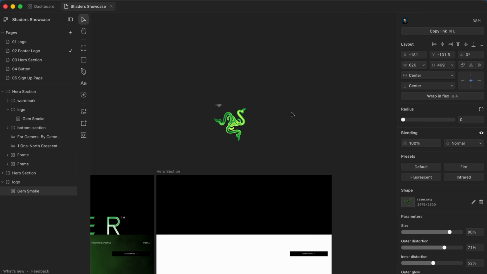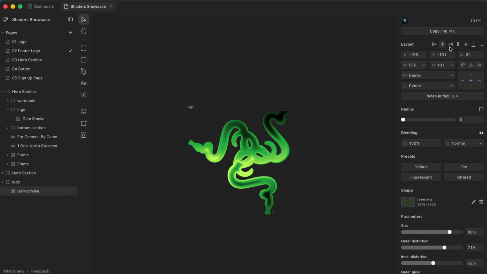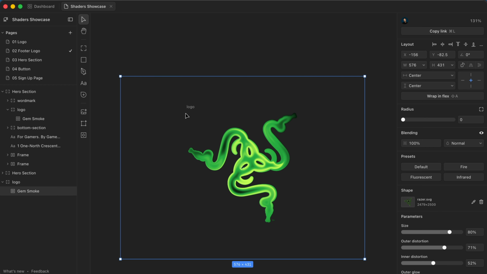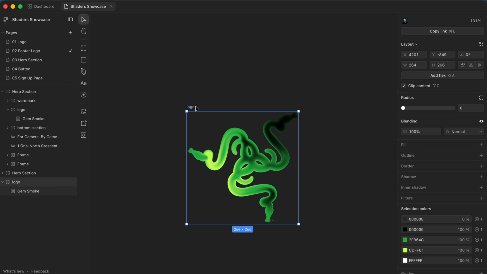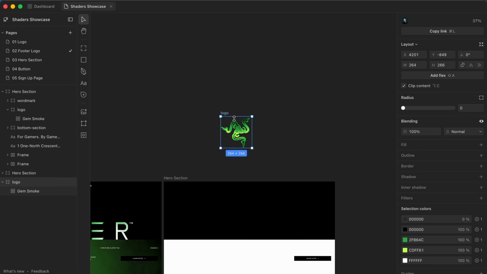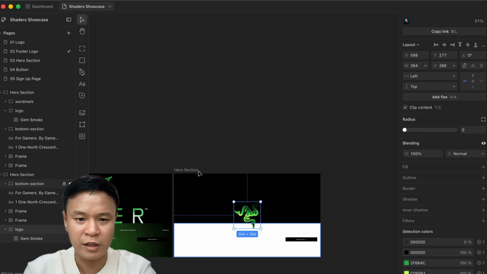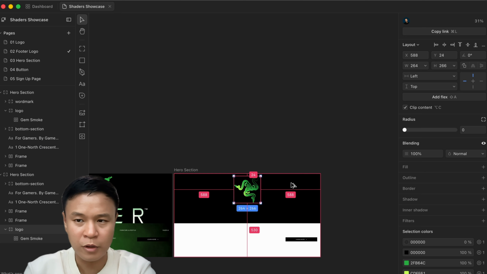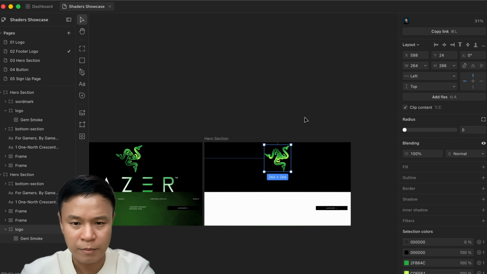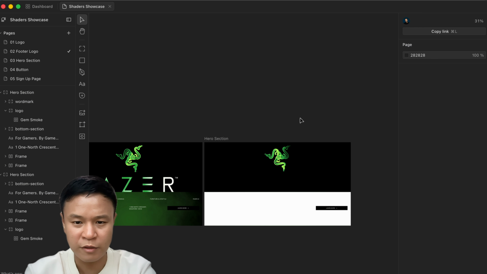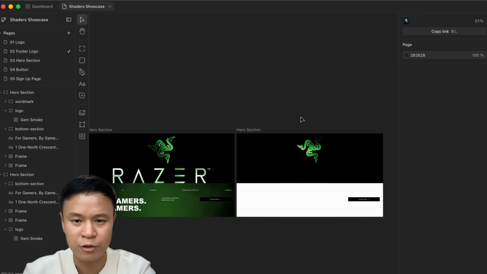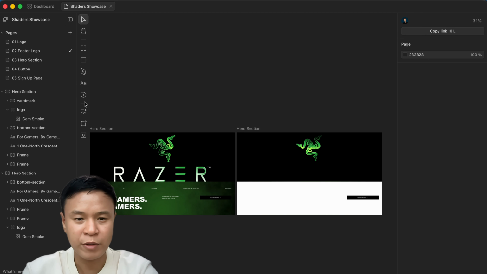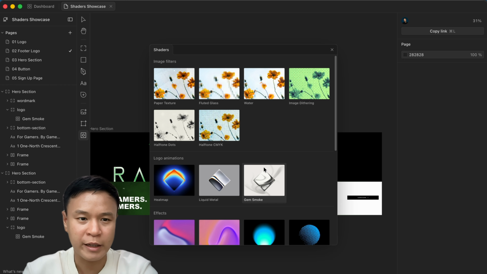Okay, and this needs to be changed as well. So it looks like it's fitting in, and I'm going to copy this over here on the hero section. There's a little bit of spacing at the top. Okay, that looks right. For the second one, we are going to go with the Razer wordmark, and how I'm